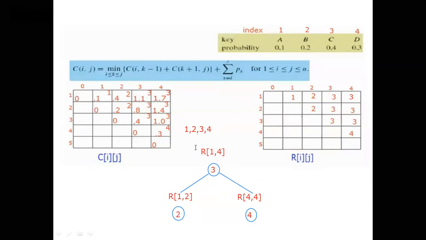Now we will solve this one, 1,2. What is the meaning of 1,2? It means the keys 1 and 2. For 1 to 2 we have R of 1,2, which is the root: 2 is the root we calculated. On the right side there is no value, only one value is there on the left side, that is 1. That means it has only one left child, which I will write, that is 1. We can't calculate 1 from this table; 1 means 1,1, so here it will be R of 1,1.